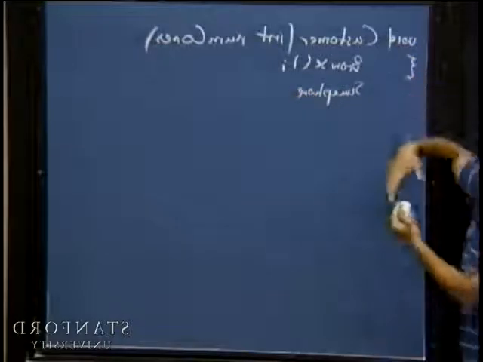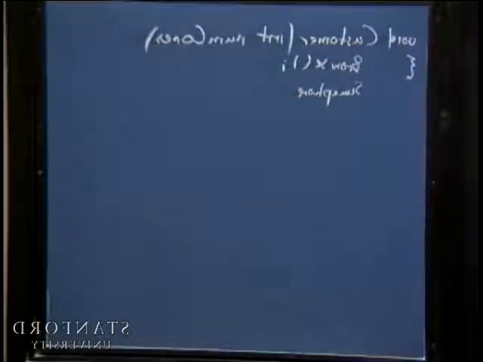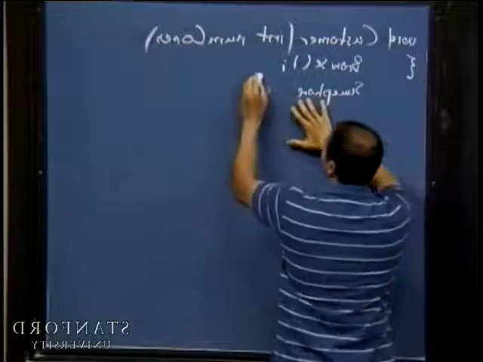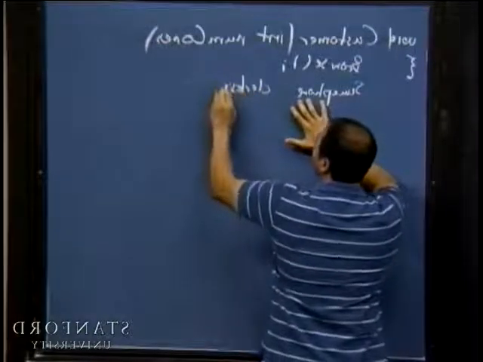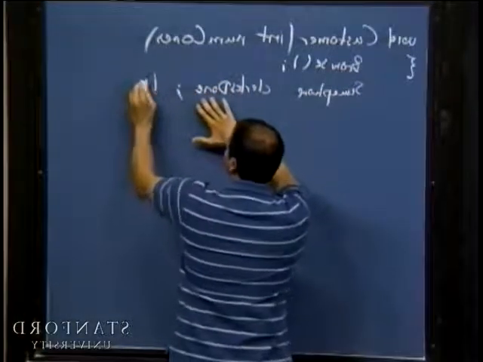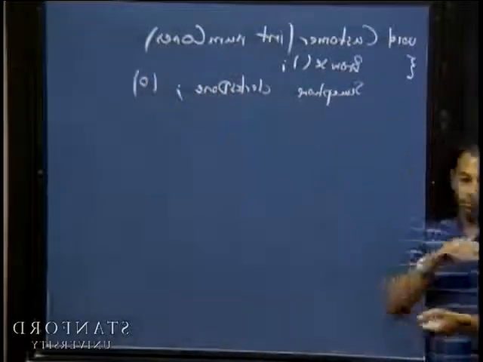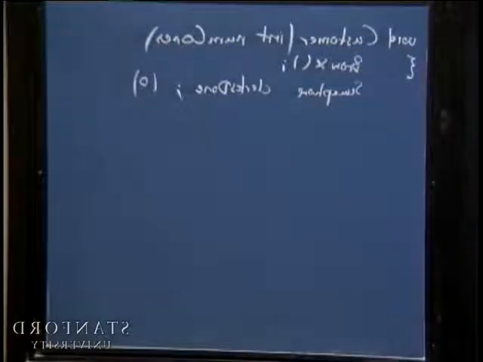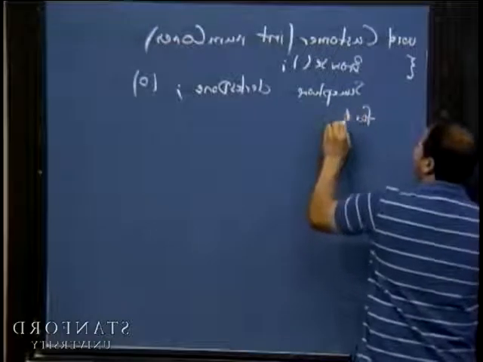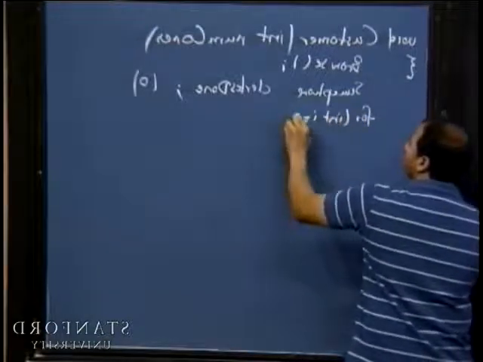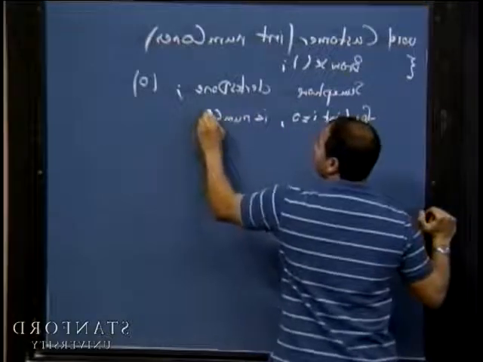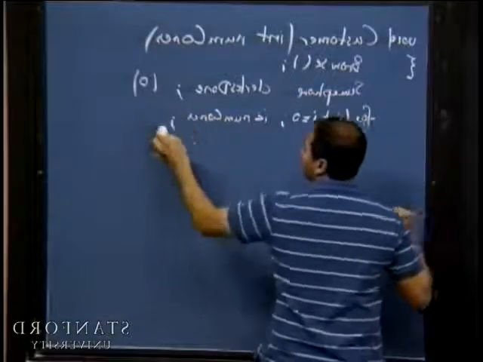So this means that we will need to have some semaphore. And why do we need to have it? Because we know that we need to wait for all the clerks, okay? So we need a semaphore, let's call it clerks done. And this one we initialize to 0 again, okay? And then for int i equal to 0, i less than num cones, and i++,